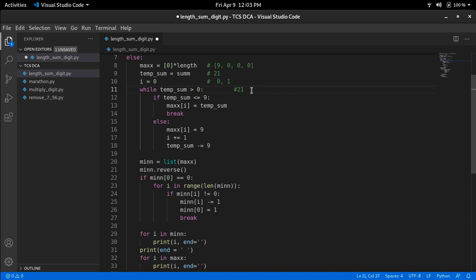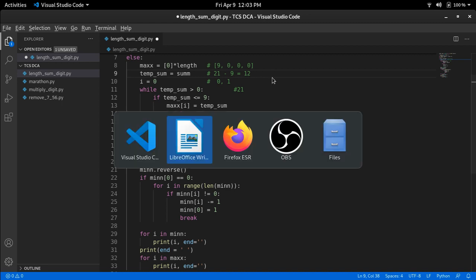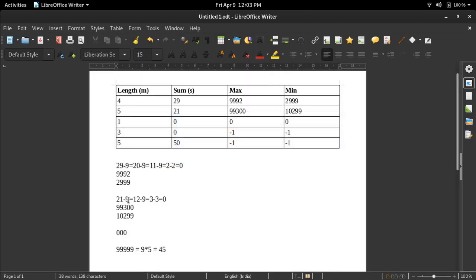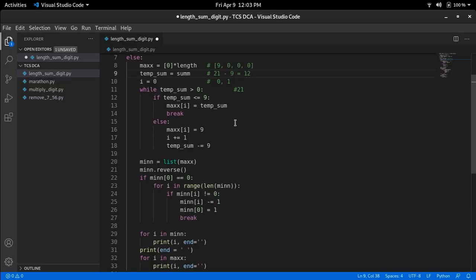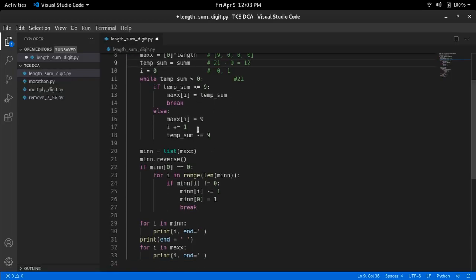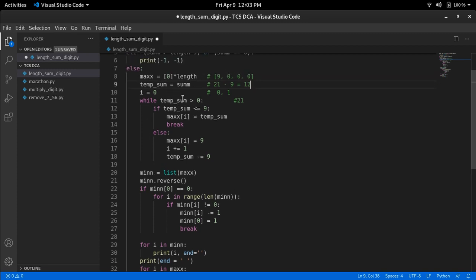Initially the sum was 21. Now the sum will become 21 minus 9, which is equal to 12. This is what we already discussed while approaching the problem. So 12 is remaining. Now again the loop control will go upside. The temporary sum is 12, which is greater than 0.